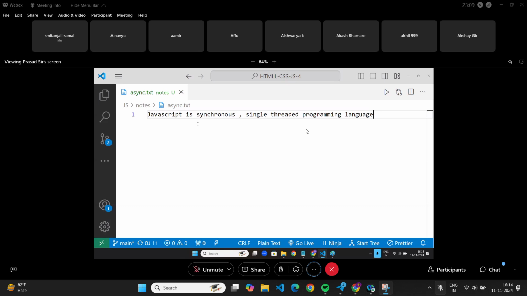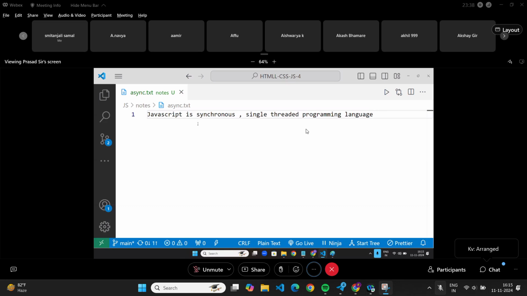What does it mean by synchronous? Any guess? Synchronous means line by line.